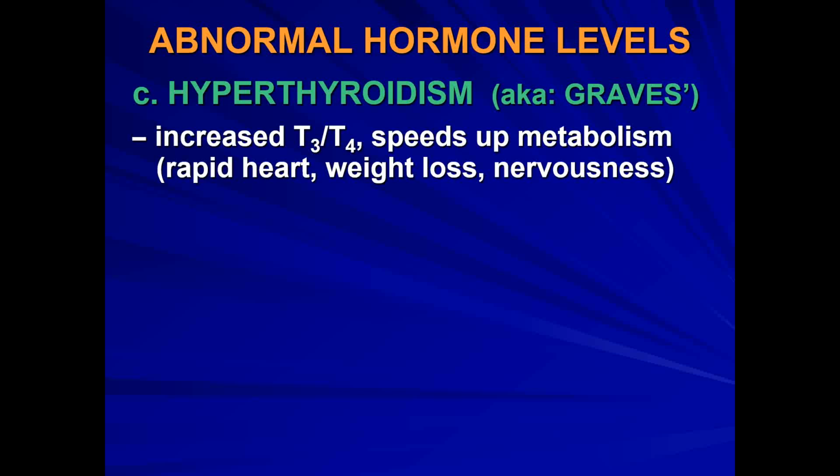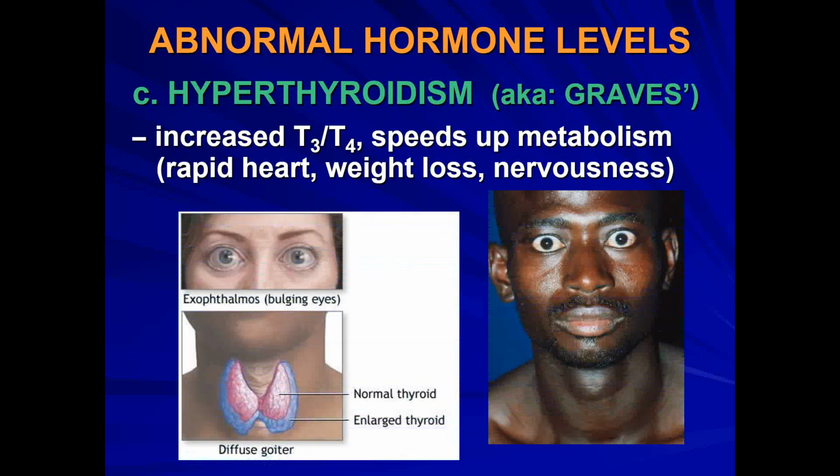Thyroid hormones normally control metabolism. So if you get too much of the thyroid hormone, it speeds up the metabolism. Individuals tend to have a very rapid heart rate, kind of act a little bit nervous, their eyes bulge out. Because they're processing things much quicker than normal, they're burning through calories and energy. You see weight loss.